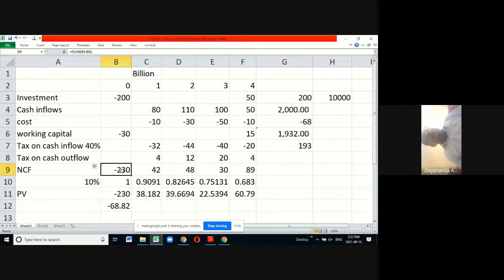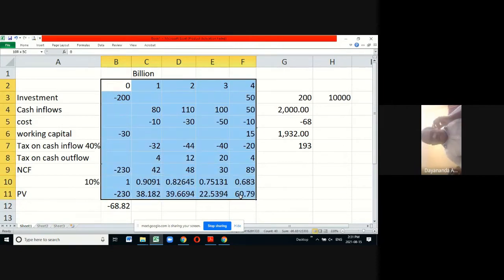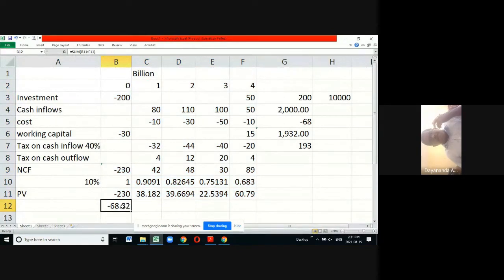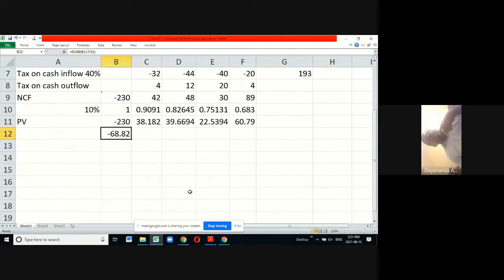Now this cash flow is after tax because we have already deducted the tax. That's why I told you in the slides above, when I began the lecture, I talked about taxation. So this is net cash flow after tax. I think with that I conclude the capital budgeting session. We basically discussed discounted cash flow techniques, especially NPV, IRR, and profitability index, and also the payback and the return on investment.